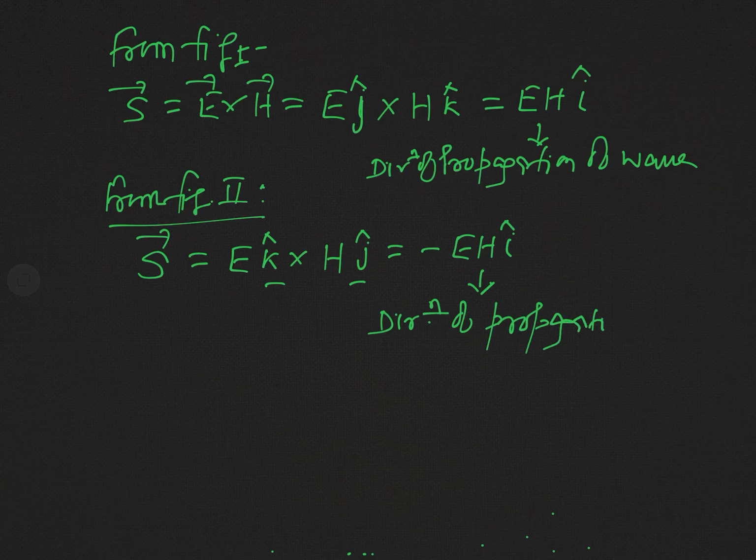Direction of propagation of the wave. So in fact, not only in this simple wave, but in most complicated waves, in fact almost in all situations, the Poynting vector is directed in the direction of wave propagation. Although in different media there are some different situations, which we will discuss in the forthcoming lectures. So this is the basic definition or basic meaning of the Poynting vector.